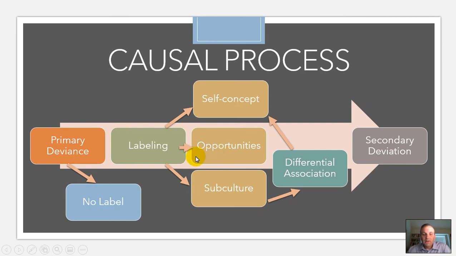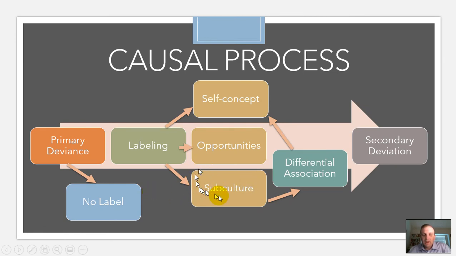Also, it changes their opportunity structure. When the community is aware, when the neighborhood is aware, when parents are aware that Tommy over there is doing all these drugs, well, they can't hang out with my kids anymore. You can't go to the park with them. You can't go over to their house, and that's going to snowball a lot of things. It changes opportunity structure. I'm not saying it's right or wrong, good or bad. It just changes, and it reduces the normative opportunities for a lot of individuals.